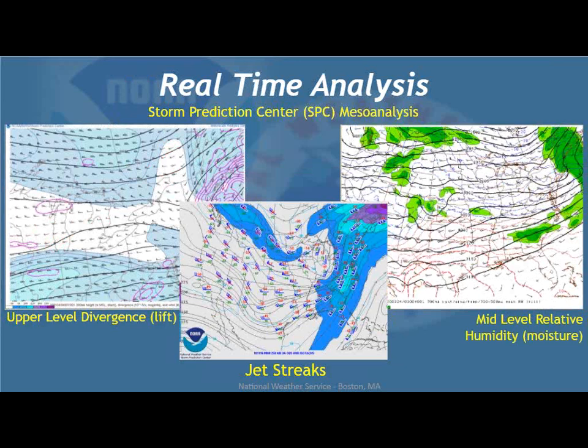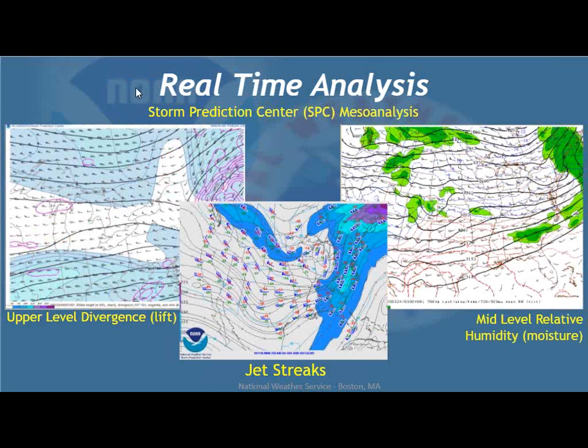That's around 18,000 feet, and at that level you want to see what we call divergence, which is the opposite of convergence. If you think about the highway accident analogy, at the surface, if you have air particles crash into each other, you force them to lift up, and then